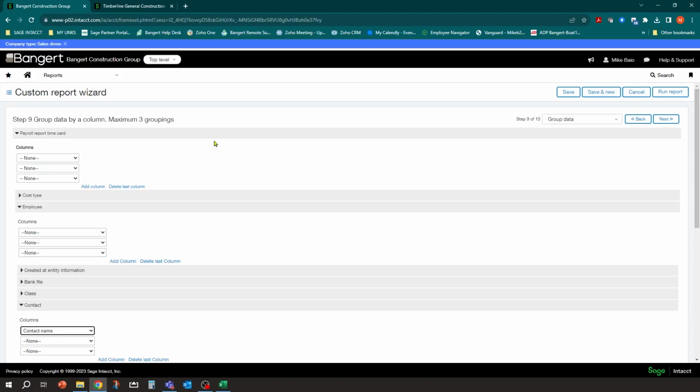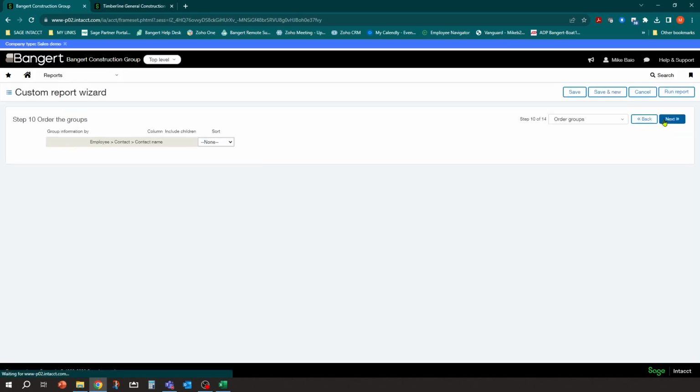And then, you might want other groups. You might want employee, then work date to get work date totals. You might want employee, then project to get project subtotals by employee. However you want to group this data. I'm just going to do it by employee at this point. So I'm going to click next. And what's the order of your group? Well, we'll just do it in alphabetical here, ascending and so forth.